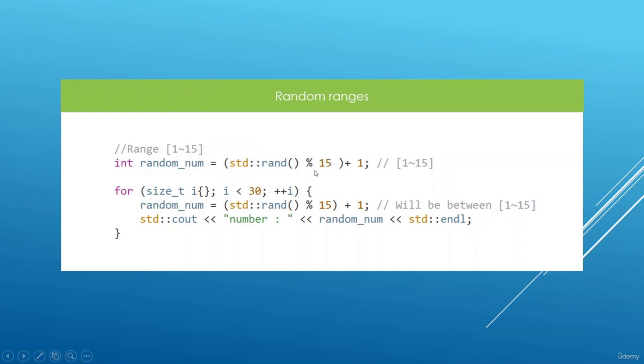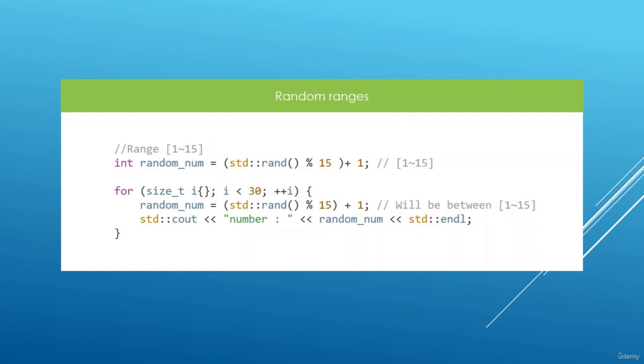because modulus 15, the result can only be between 0 and 14. That range of 0 to 14, if we add 1, is going to give us a range between 1 and 15, and this is how we can print the numbers between 1 and 15. So you can really use what you add to control the lower bound, and the second operand to the modulus operator to control the upper bound of your random number range. And if you understand this, you'll be ready to generate any range of random numbers you'll need in your C++